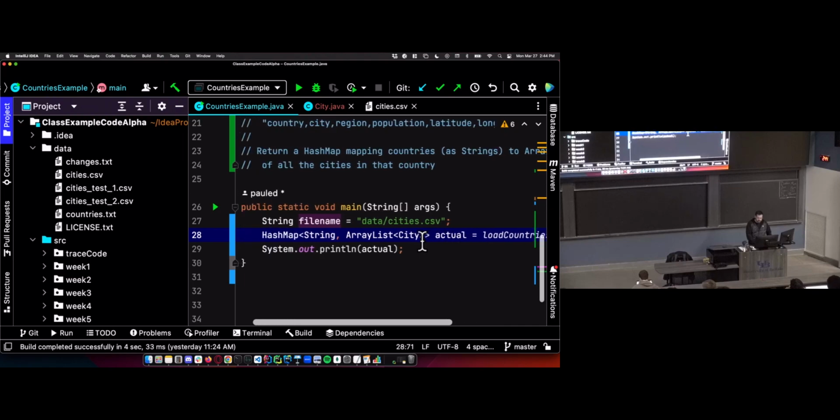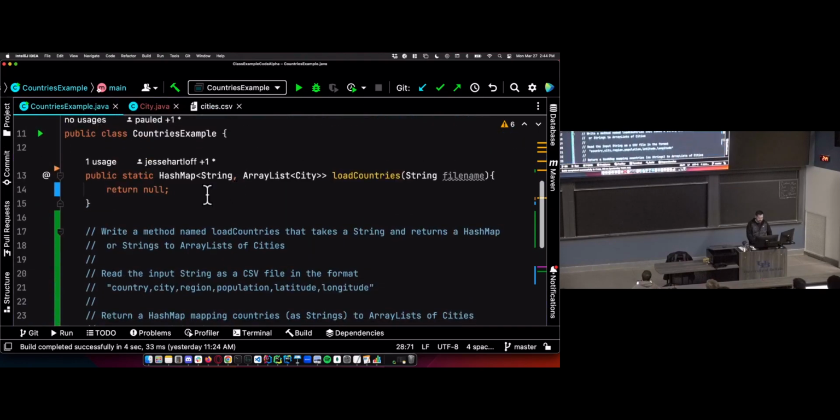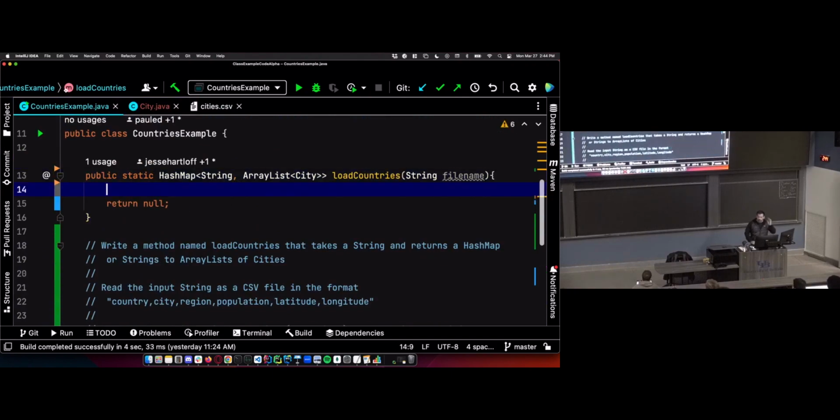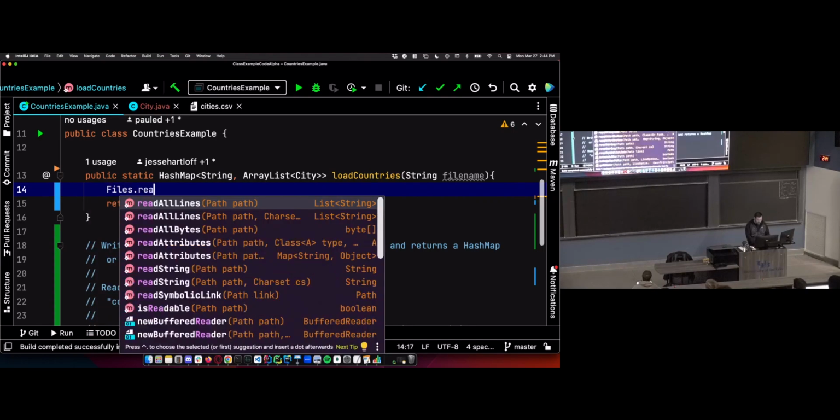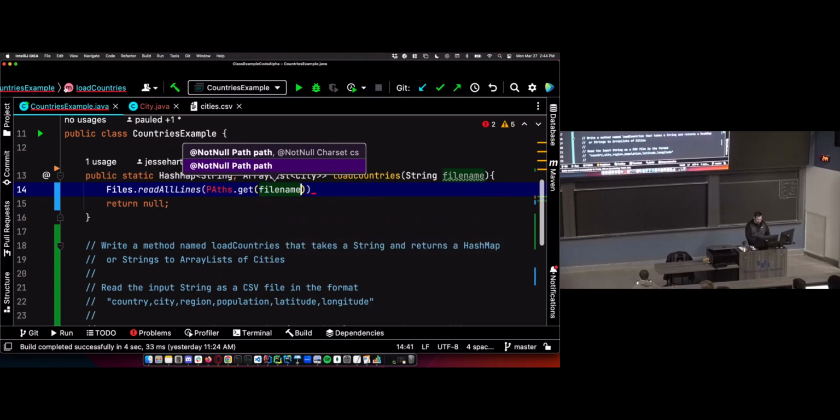So this is our usage that's set up. We're just going to print whatever we return to the screen. Now we're ready to open a file and read the contents. So Files.readAllLines, Paths.get, file name.